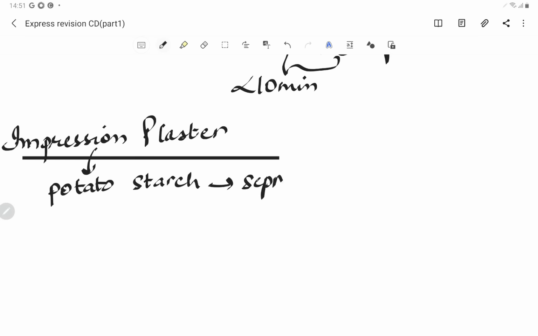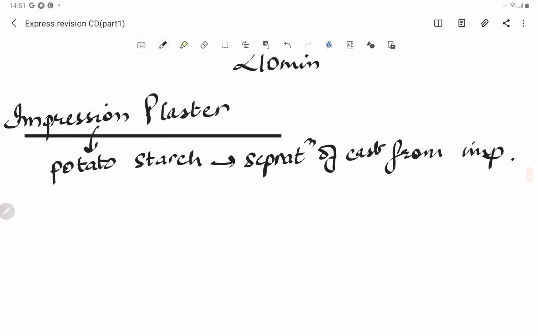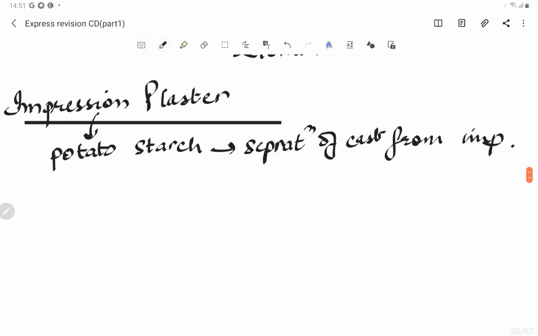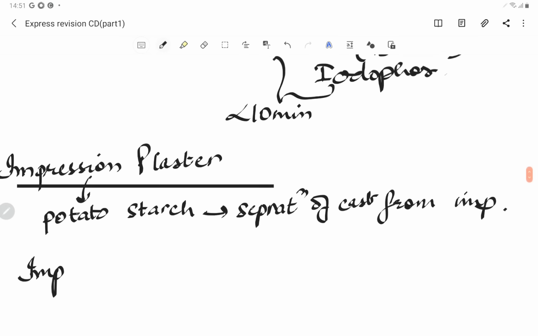For separation of cast from impression, right. In the hot water bowl we are going to put the impression plaster. The starch in the impression plaster swells up and breaks the impression, and thereby we separate the impression from the cast. Then also we have got impression compound,